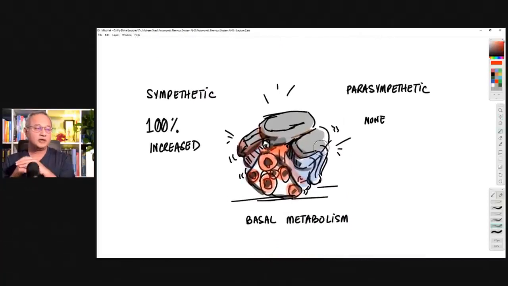Then, basal metabolic rate, our basal energy level production, our basic energy production goes up everywhere. That is why we start becoming hot, we start feeling hot because all cells are making more energy. Liver is providing more energy and fuel as well. So basal metabolic rate increases, our engine revs up faster. Under the sympathetic system, 100% increased. Parasympathetic system, nothing. Not that it reduces it, nothing.